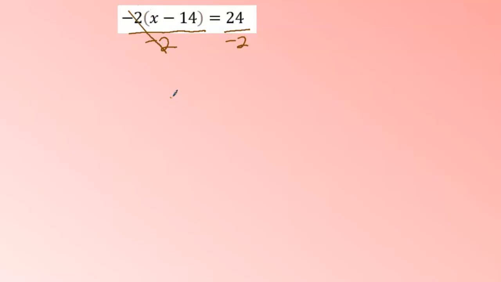This one would go away, leaving us with x minus 14 equals, so here 24 divided by 2 would give us 12, and basically the negative gives us that. And then the last step, we just add 14 here because we want to get rid of that, and we have to do the same thing here, and that goes away. And here the 14 is bigger and positive than the 12, so that will give us 2 as an